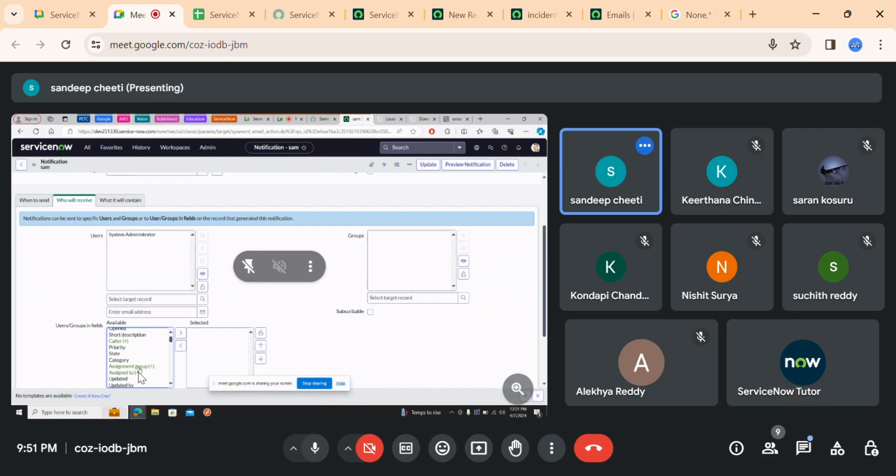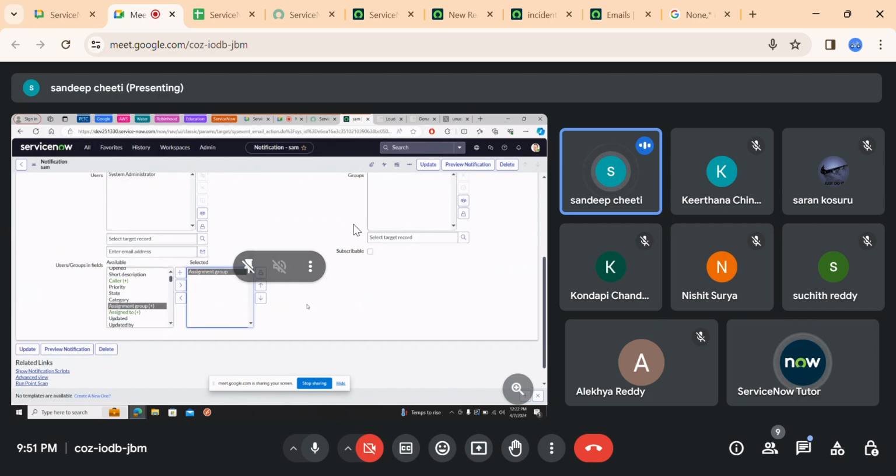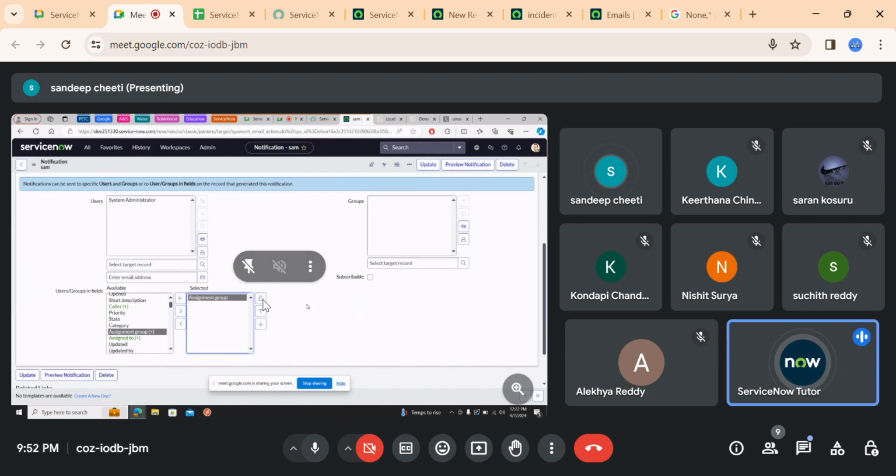Here you have incident assignment group. See the assignment group. Yeah. Move that, and now lock that. Lock it. You have a lock button over here.